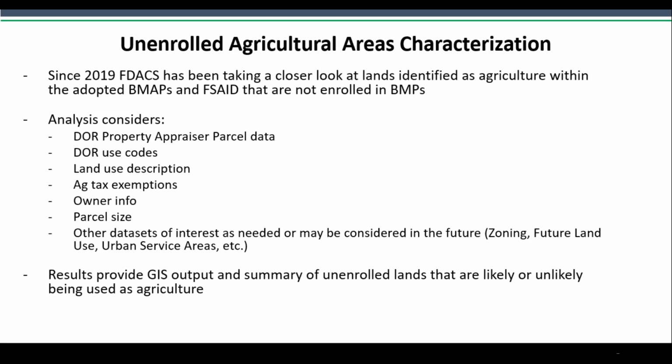So that's bringing us to our need to conduct this unenrolled agricultural areas characterization. The land use data that's used in BMAPs most of the time assumes that all 2000 level FLUCCS classifications are agriculture. However, within the context of enrollment within the BMP manuals we have adopted by rule, this is not the case. So to determine if something is in fact agriculture and if it's enrollable, we must know certain details like property boundaries, owner and tax information, property usage, etc. Details that are only available at the parcel level and not typically included in land use data sets.